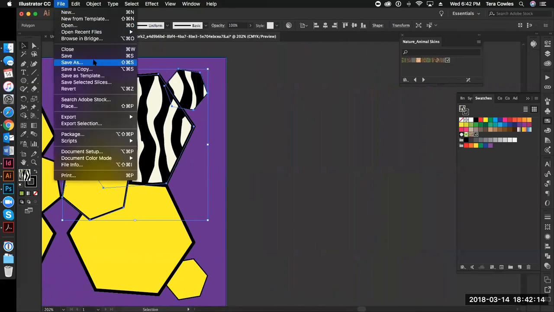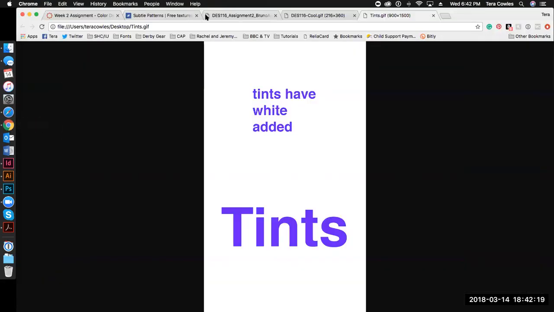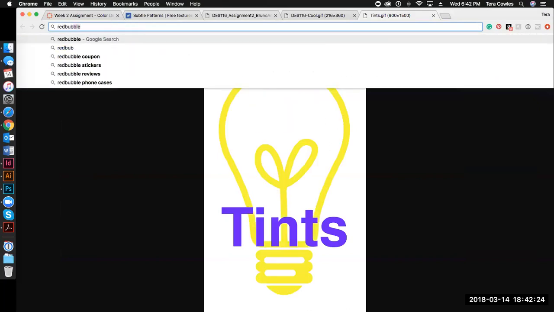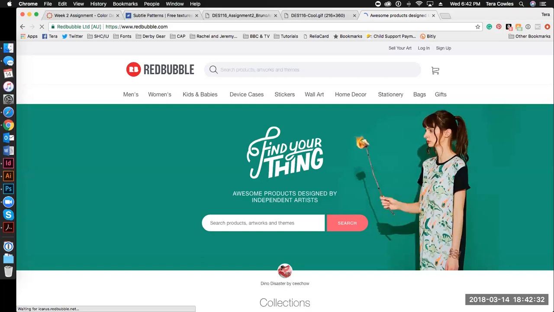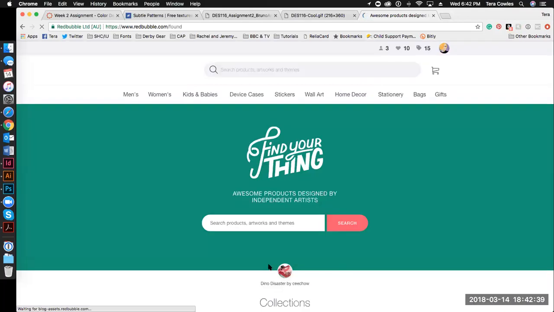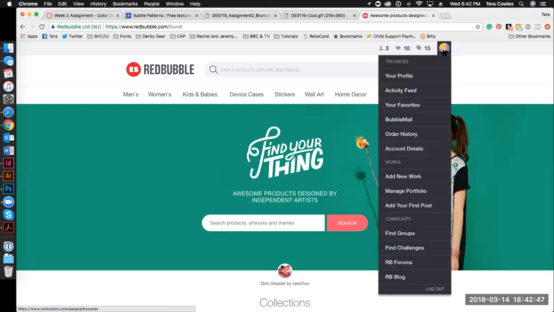So what I did is I opened an account on Redbubble. You guys ever heard of Redbubble? Nope. Okay. Redbubble is a website where you can upload your artwork to sell to others. Oh, wow. Either as a scarf, painting smock, t-shirts, anything at all. So what I did is I created my own profile